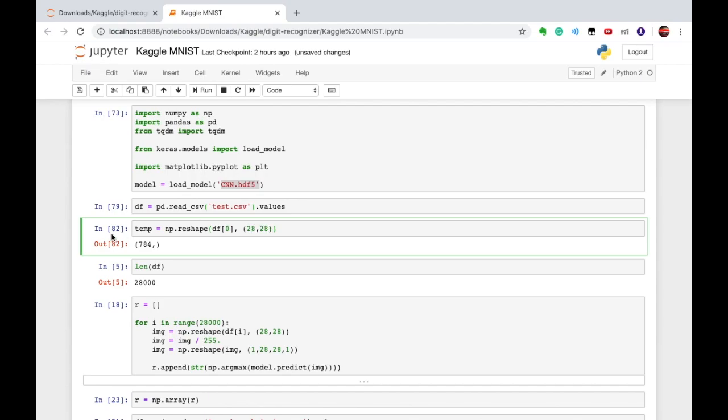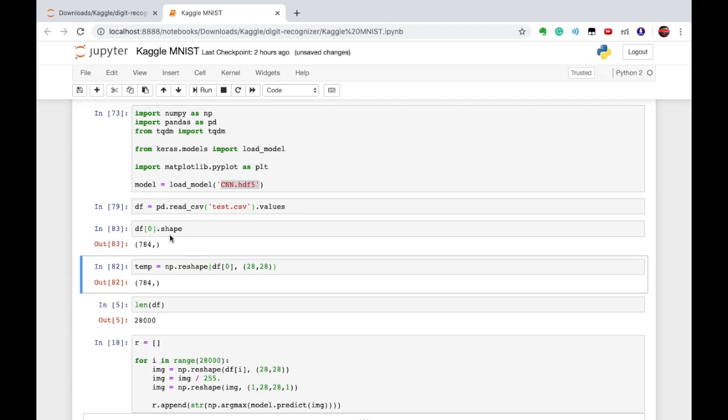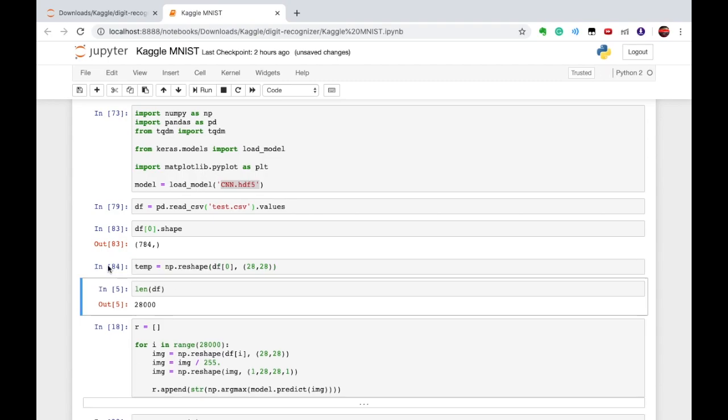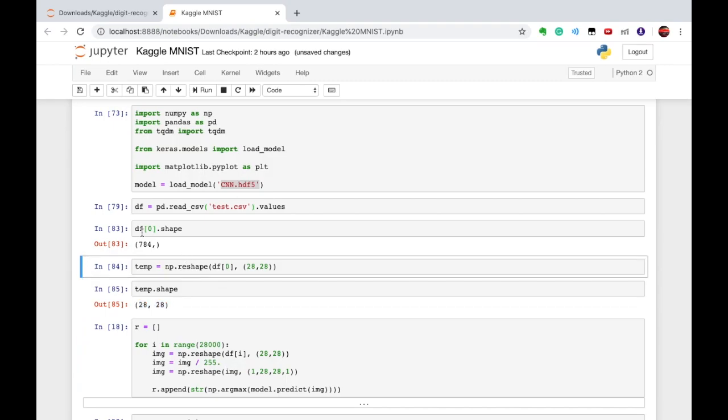Is this right? Clear. So initially df.shape, the shape of the first index is 784, and after that the shape of the temporary variable is 28 by 28.